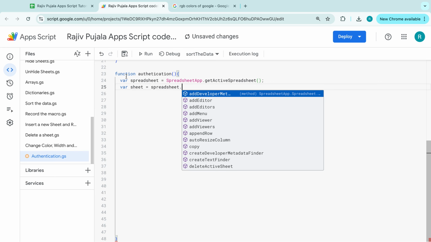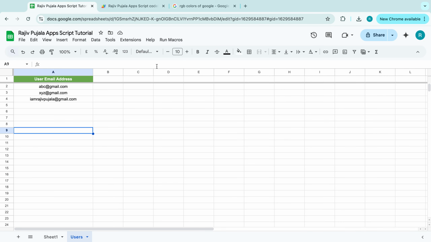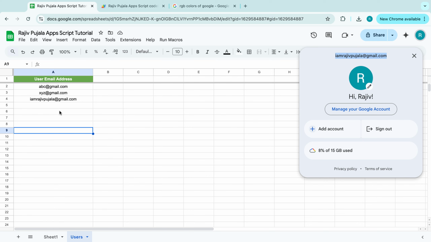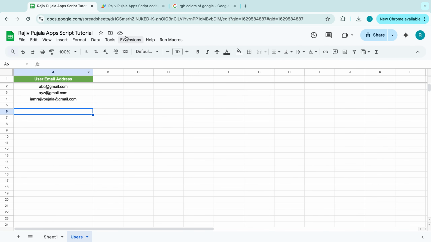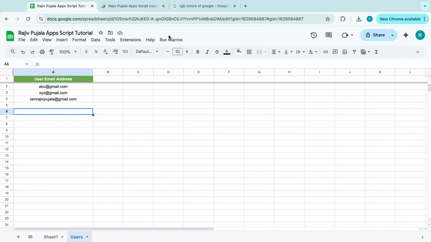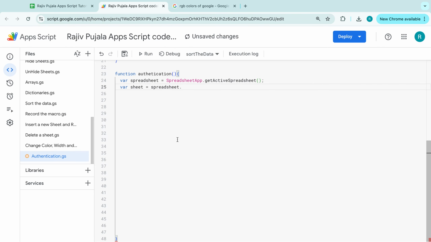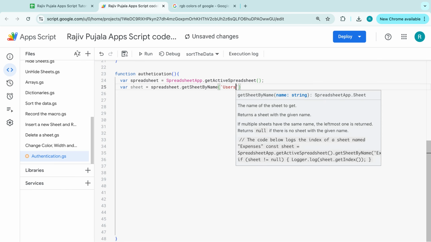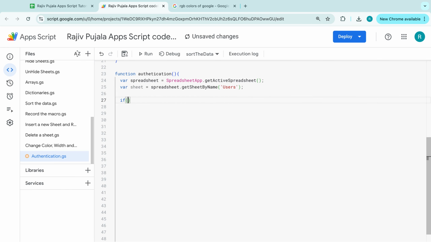So what's our mission now? Whomsoever is going to run the macros, when they click on run macros, even before running the macros like sorting the data, we want to check that their email address matches one of the email addresses listed here. So we have our email addresses in the Users sheet tab: spreadsheet.getSheetByName, users. If the sheet exists, if the users tab exists,